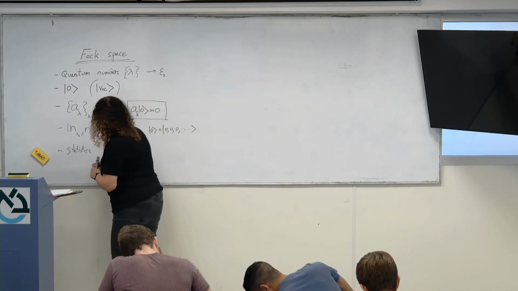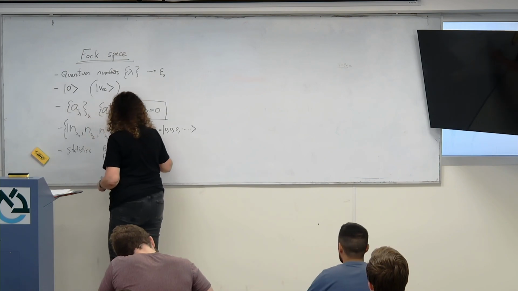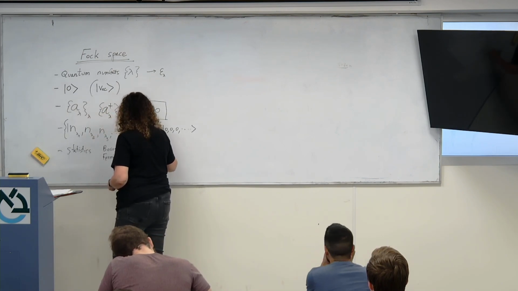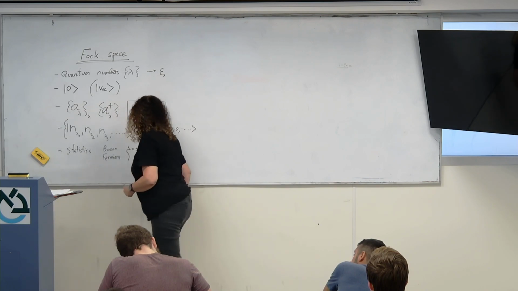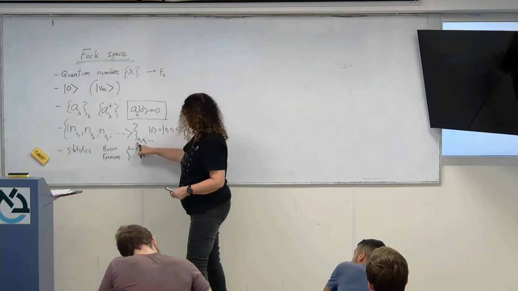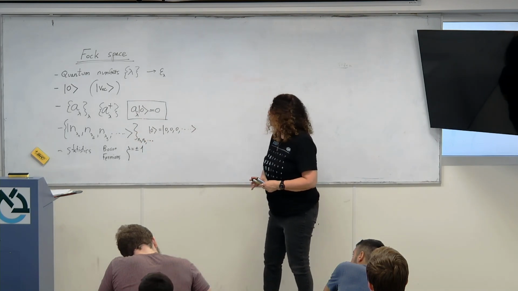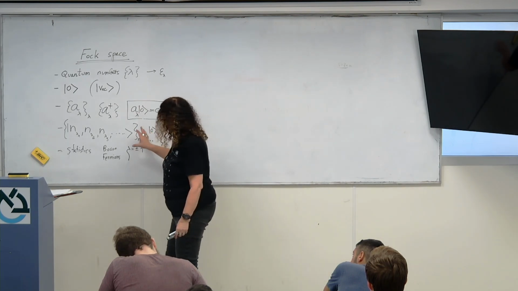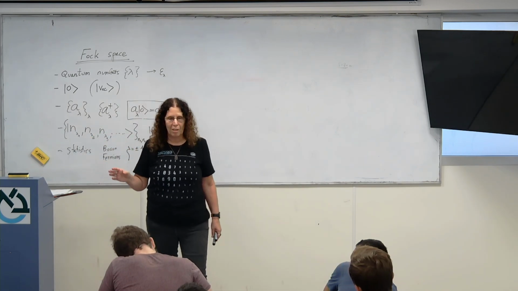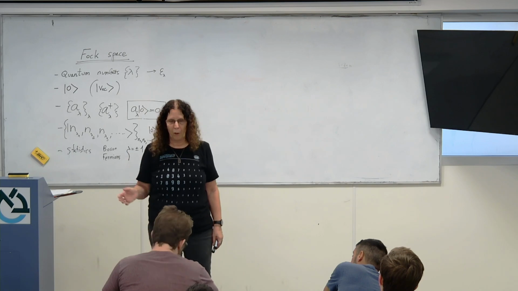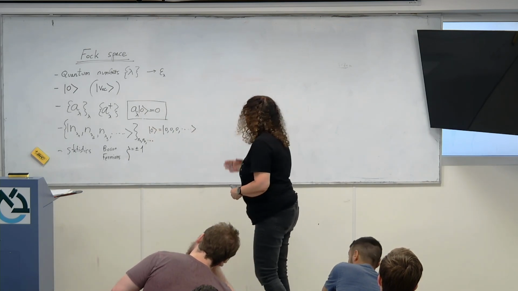doing a second quantization and defining a Fock space. And when I'm writing a state like this, N1 is like n lambda 1. Okay, it's just a shortcut notation. So the set of all possible states of this form is a complete basis in terms of which you can write every wave function as a superposition. Okay. Great.